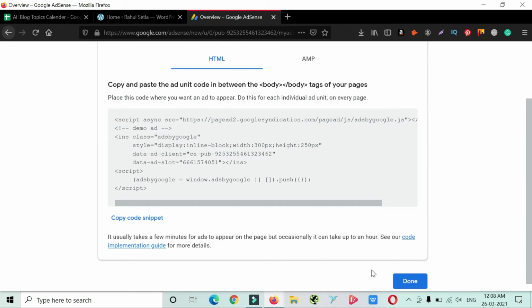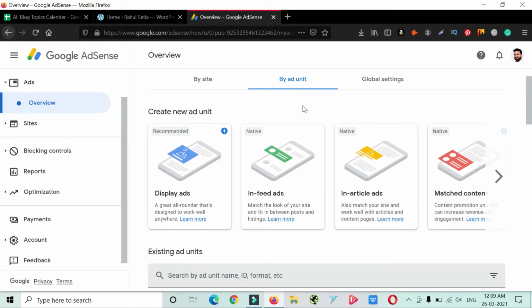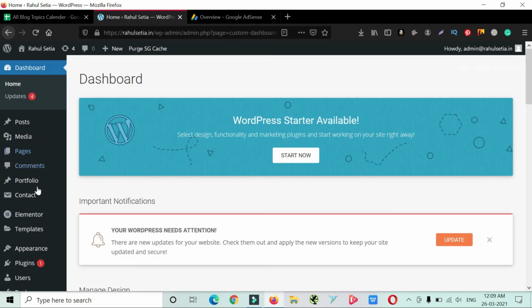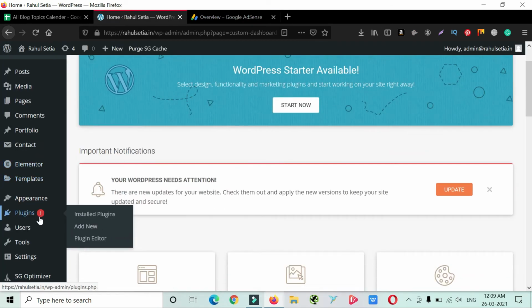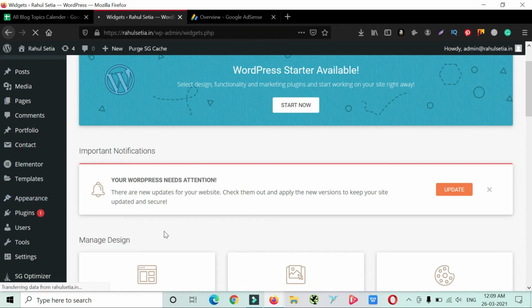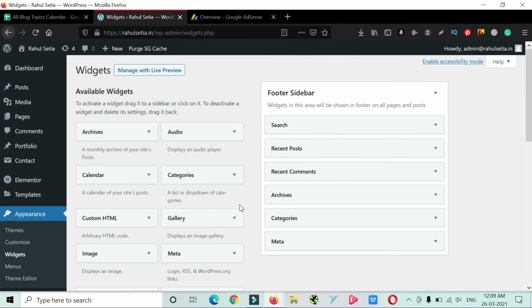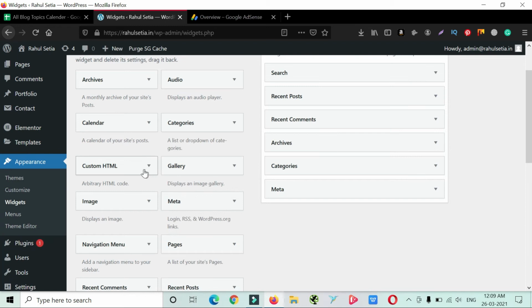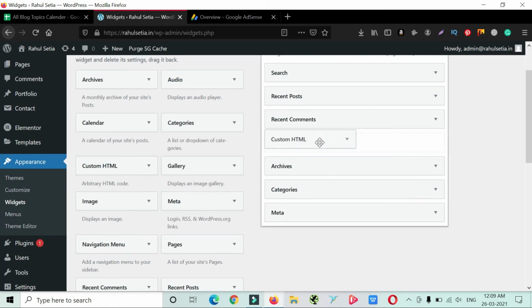Now I'm going back to my site and I want to place the ad on the right sidebar. Okay, so I'm going in the widget section. Okay, now you have to drag the custom HTML widget into the desired sidebar location where you want to show the ads.